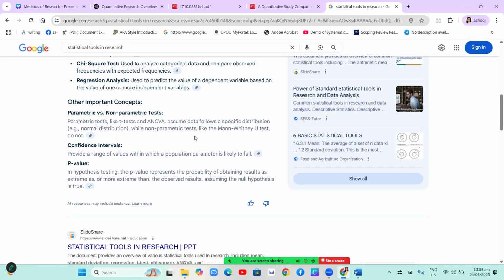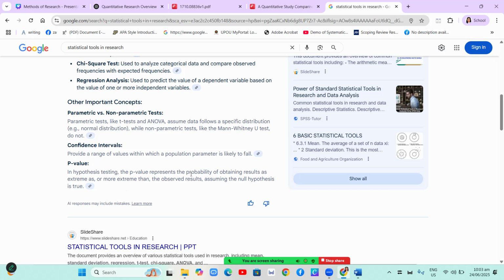You can use online applications, or you can also compute manually. And in analyzing the data, there is the p-value. In hypothesis testing, the p-value represents the probability of obtaining results as extreme or more extreme than the observed results, assuming the null hypothesis is true.